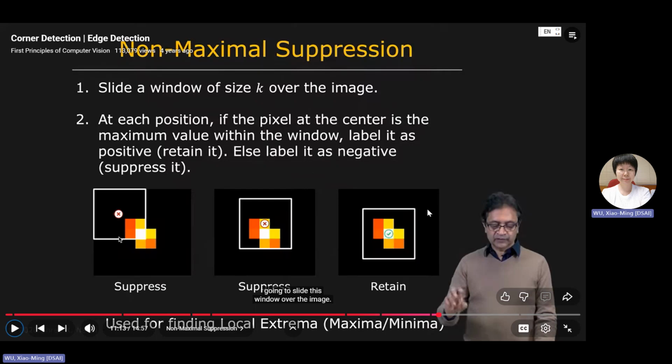We do this iteratively, and eventually all these pixels will be set to 0 because they're not the largest. We either set them to 0, discard them, or diminish their values. Normally we just set them to 0, as what we do in